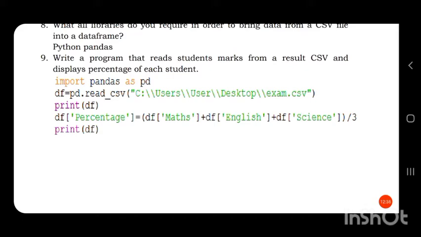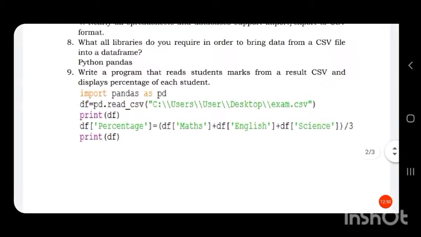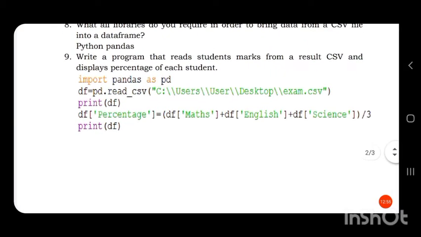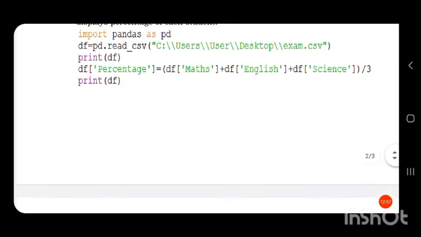For that we have the function read_csv. df, that is our data frame df, is equal to pd.read_csv, in brackets the location of the CSV file. Then we are just printing the data frame to see its contents.